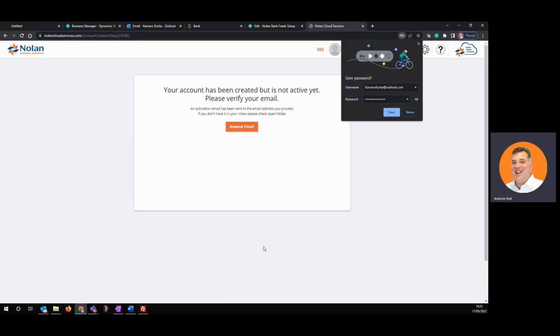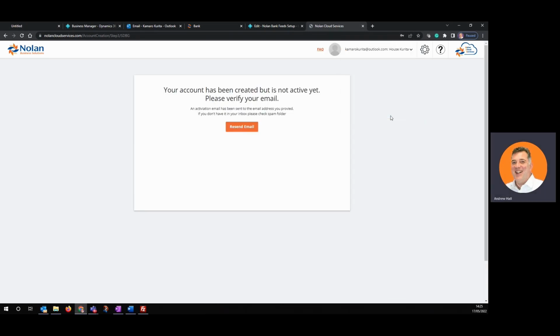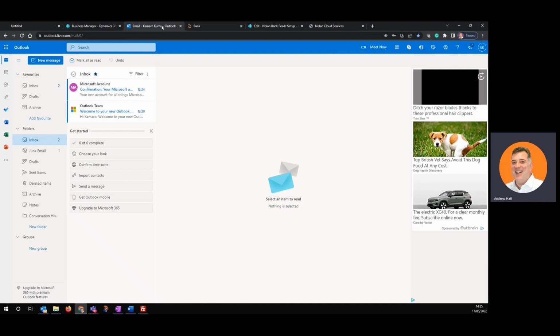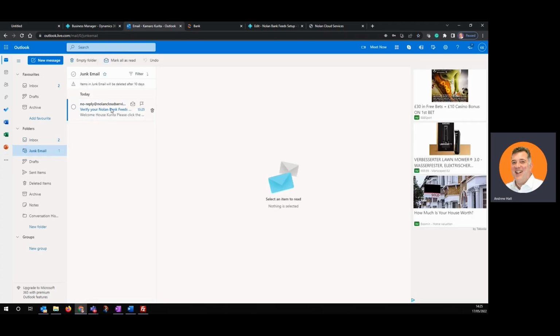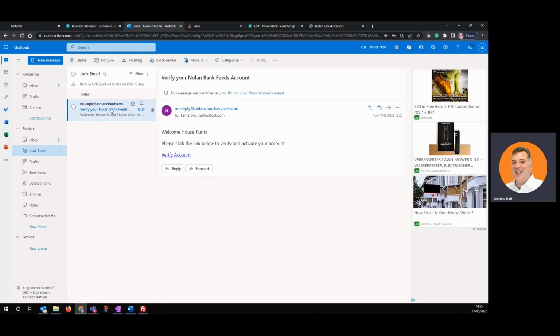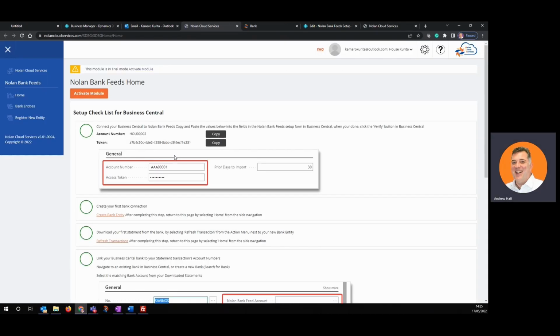There we go. So what that has done has created an account and it's sent me an email. So if I go over to my email, now we have found that without any exception whatsoever, they seem to go straight into junk mail. So here we go in junk mail. There is the email the system's just sent out. So I'm going to verify that account. And there we go. It's verified the account and it has now taken me into that account in Nolan Cloud